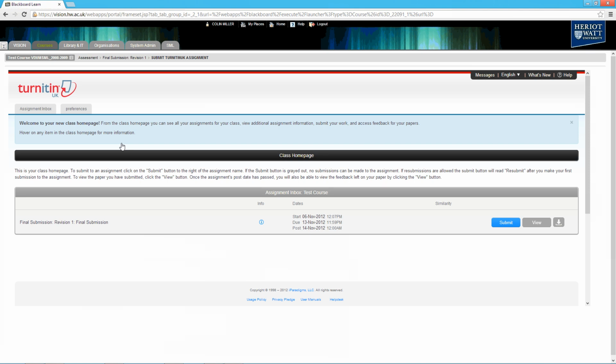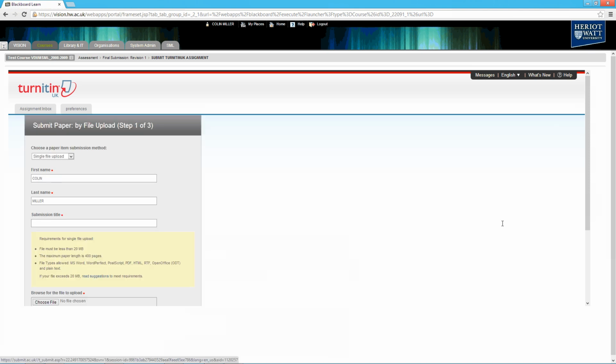The start date is obviously when it was first available. The due date is when your last opportunity to submit is. The post date will only be used where online marking has been put into place. If there is no online marking and you've not been informed that it will be marked and made available to you, then you can largely ignore the post date. The blue button to submit, and now you see my name has been input first,